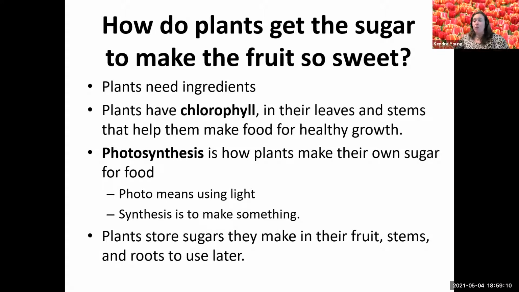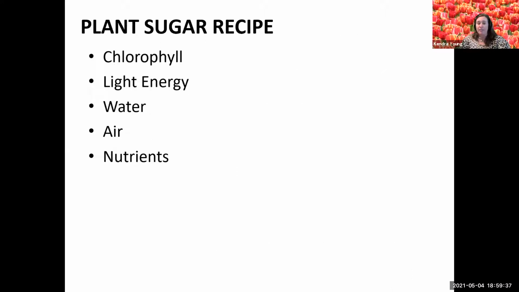Breaking down that word photosynthesis, photo means light, and synthesis means to make something. So it is using light to make something. The plants are making their own sugars through photosynthesis, and they store those in their fruits, stems and roots for later purposes. So the recipe for plant sugar is the chlorophyll,